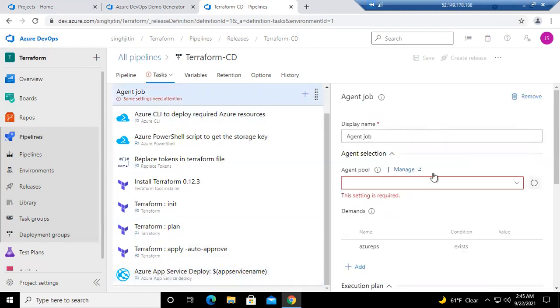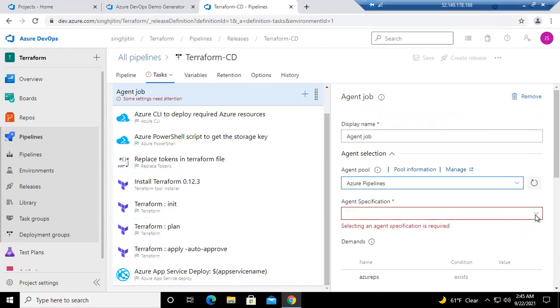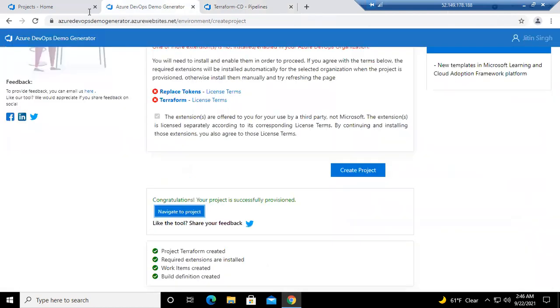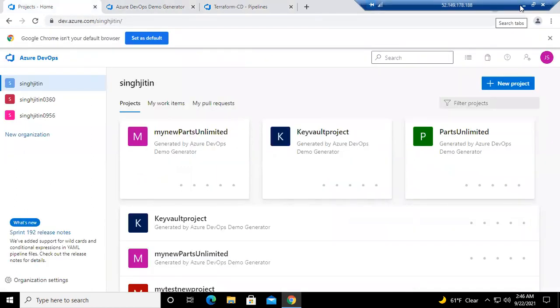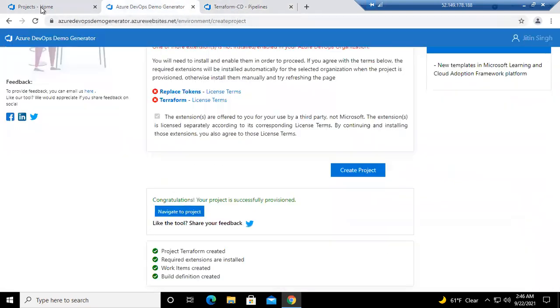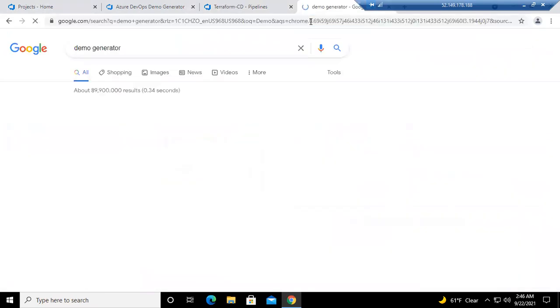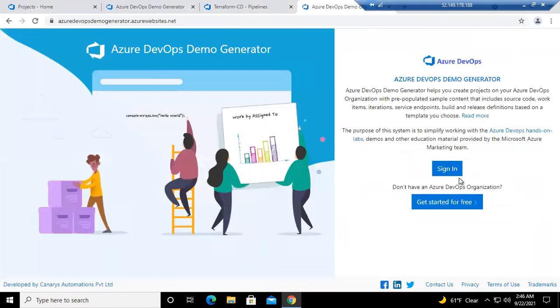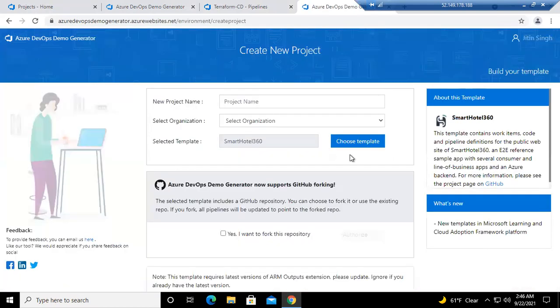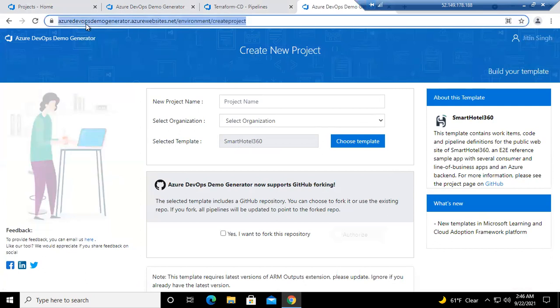Hopefully there is an agent job that needs to be available, and which particular agent pool you would like to use, whether you would like to use self-hosted or Azure pipelines for that. Let's say I'm just going with the Azure pipeline and specifying what you will be using, right? So you can pick any, guys, whatever you require. You can go with the Ubuntu latest. Let's go ahead and check what the lab has to say about it. But which particular pipeline should we be using? Just give me 1 minute. Not the demo generator, guys. AZ400 labs.